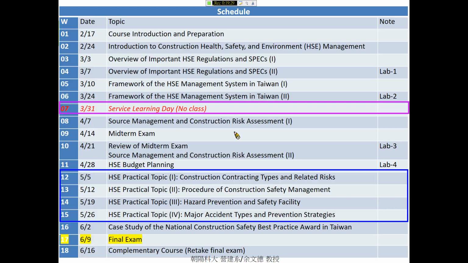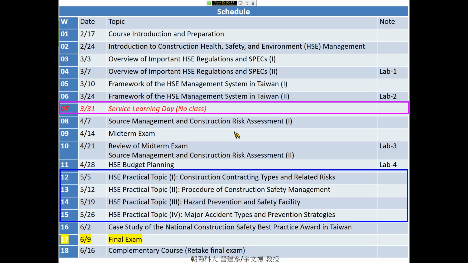Okay, and we will cover the practical topics after I finish the basic fundamental part of HSE. And these topics are the materials provided by OSHA of Taiwan, called TOSHA, Occupational Safety and Health Administration. So it's quite practical.